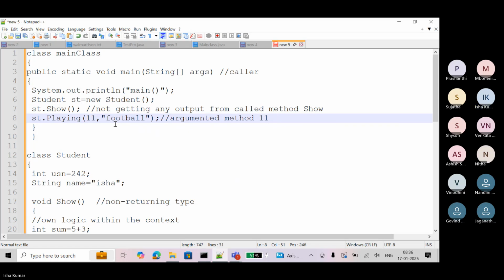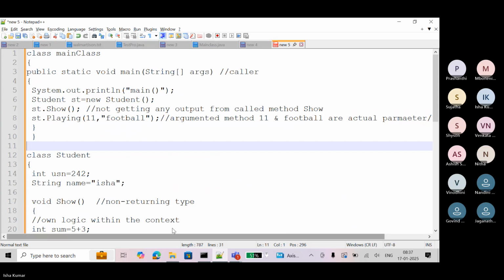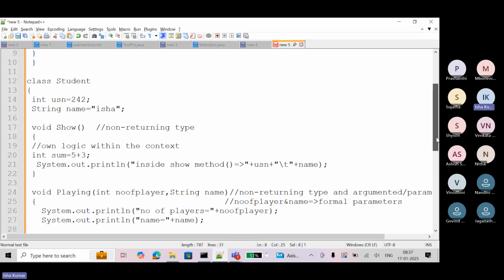Eleven and football are actual parameters or arguments. Okay, is it clear? And it is not returning anything to the caller. You can see here.